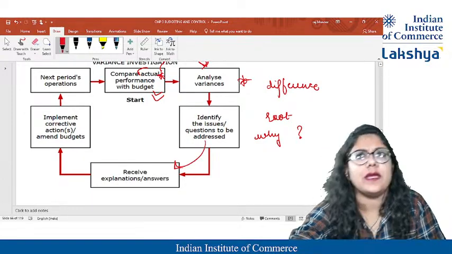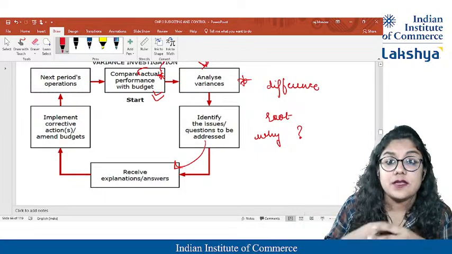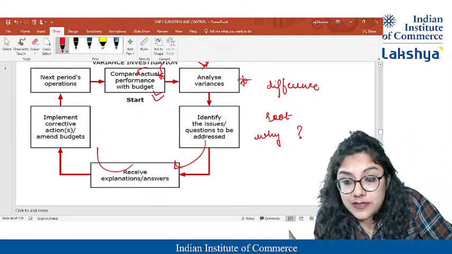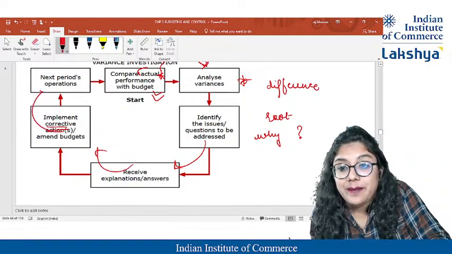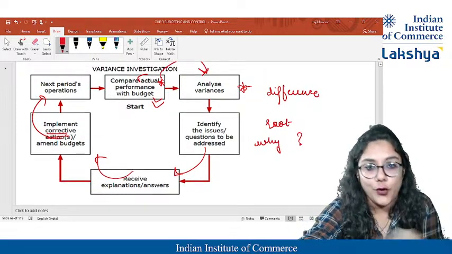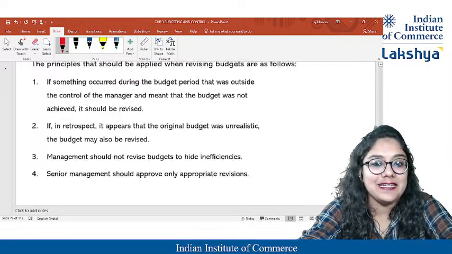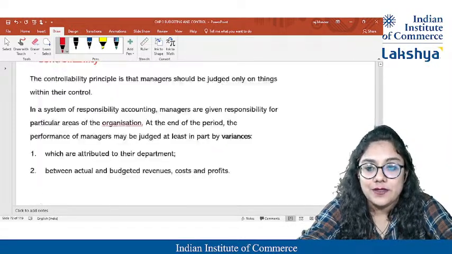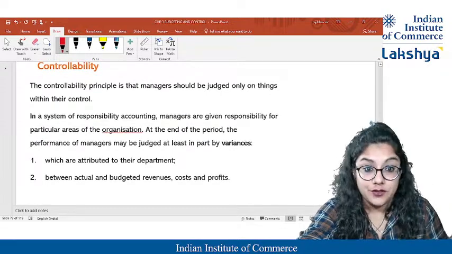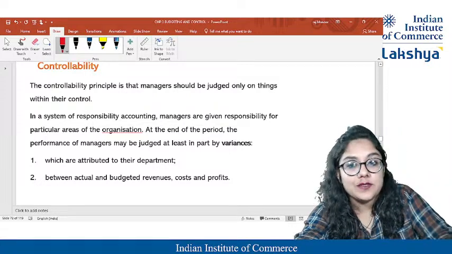I'll get the understanding. Okay, in the current year the profits are less because I am not able to make so much of sales, maybe because of COVID, or maybe the expenditure is more. Then I'll take corrective actions and implement them for the next period. This variance investigation is going to go on and on. I hope you guys are getting it. Students, you need to punish, if there is any difference, only the person who is accountable.